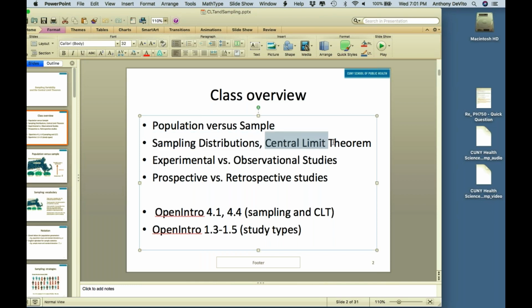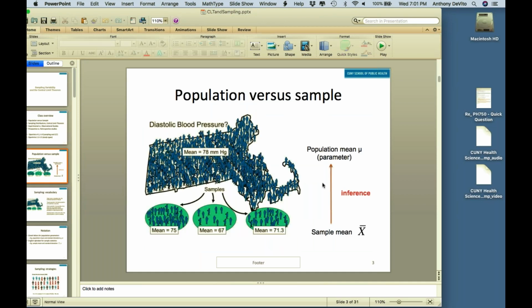Okay, and then we're going to apply the central limit theorem. What was that again? The central limit theorem tells us there's a relationship between the sample size and the variability of the distribution of samples. It also tells us that even if the original population wasn't perfectly normal, the sample distribution, if the sample size is big enough, is going to be normal instead. Then we're going to talk about study types a little bit. That's really going to come in at the end. We're not going to beat that to death. I think we did a little of that earlier on, in one of the earlier videos.